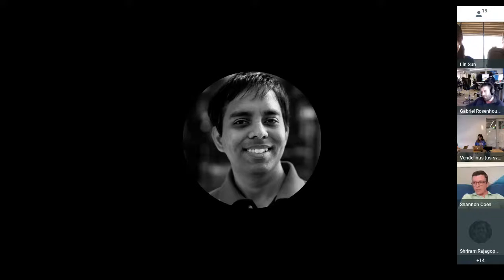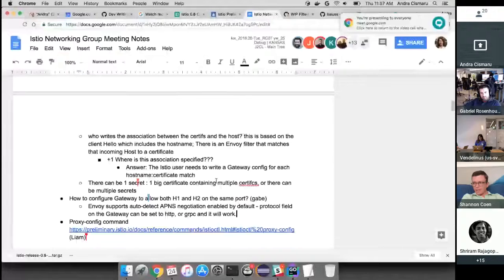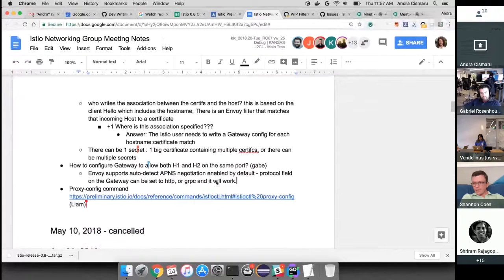So what's the point of the field? The point of the field is that if you have deployed this gateway as an internal gateway, then other sidecars that are talking to the gateway need to know whether they're talking to an HTTP2 gateway or an HTTP1 gateway. Because today Envoy does not have the ability to auto upgrade from HTTP 1 to 2 when it makes an